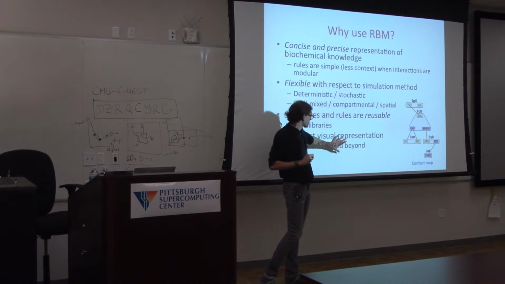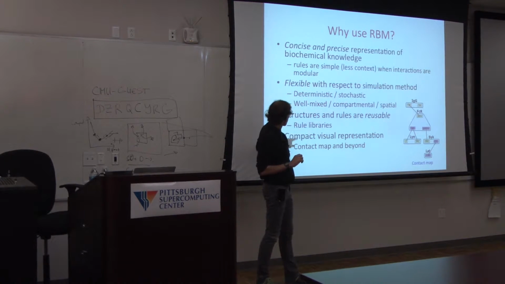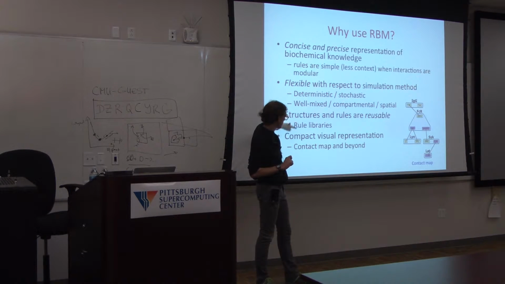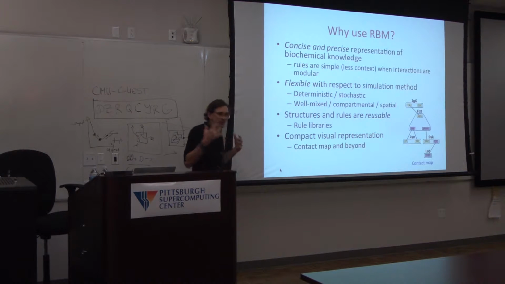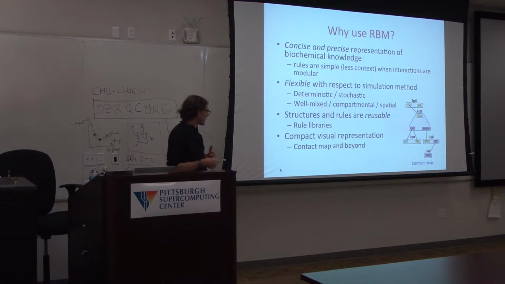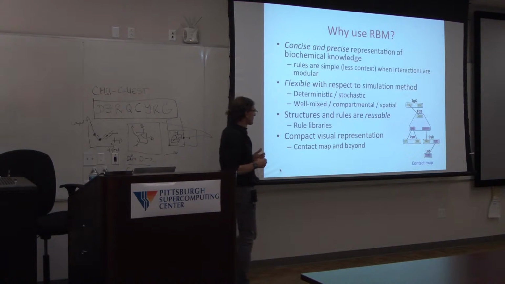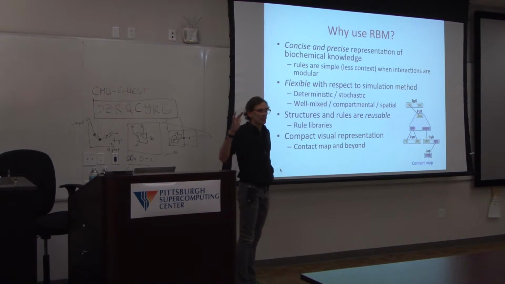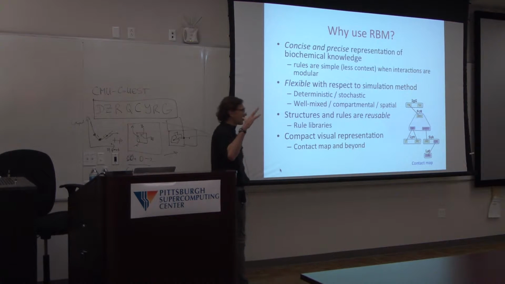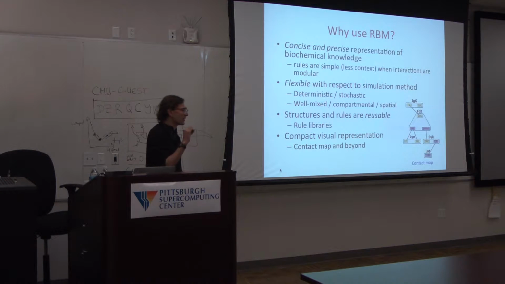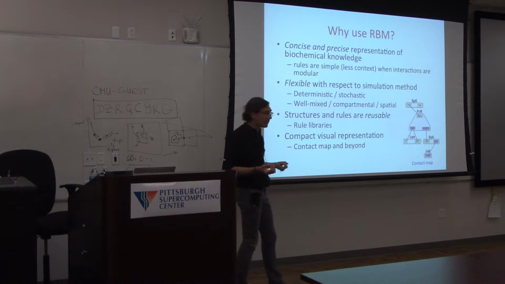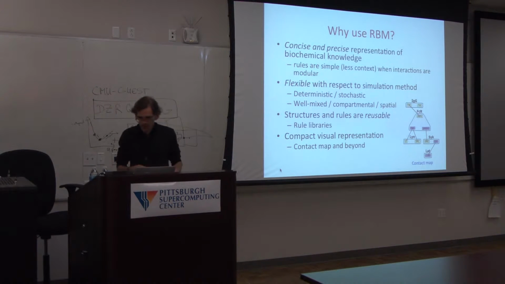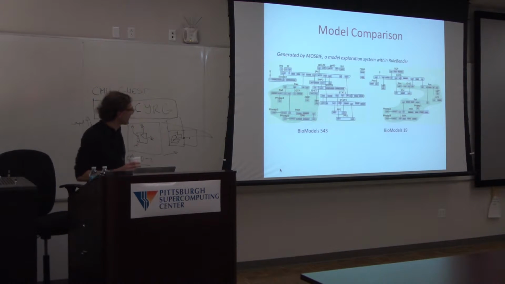And then we'll see some examples today, too, of how one of the aspects of rules that really plays into the possibility of reusability and libraries is the ability to visualize them, so we can use our visual processing systems to get a quick understanding of what's in a model, rather than having to sift through pages and pages of equations, where a plus or minus sign on any one of those pages can change the meaning of the model entirely. Okay. So an example of what I mean by this